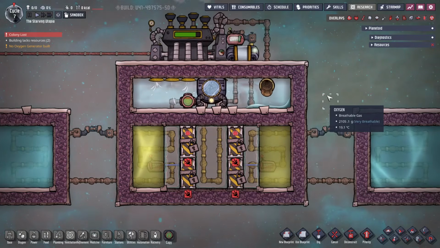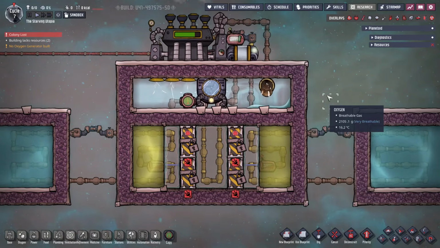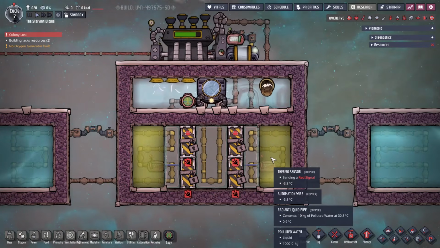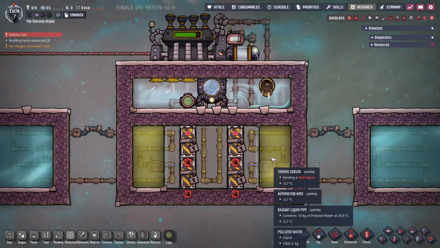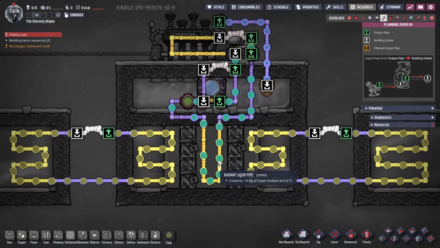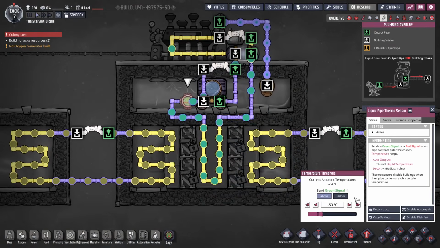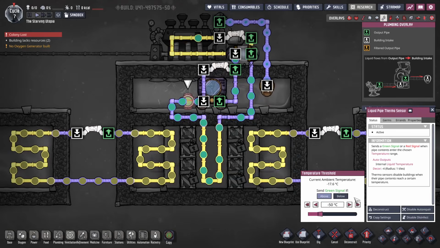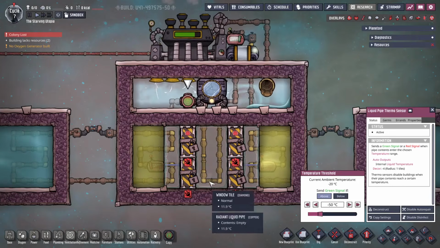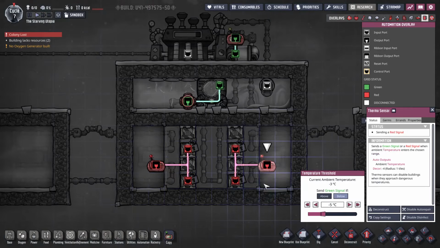The final topic for this tutorial is adding fine temperature control, and this is done with a cold injector. You can see this design here in full, which has two cooling loops, and I'll run through how this works too. The central point is to have a full cooling loop, as per the last design, which then overchills a block of diamond window tiles to a good buffer below your target temperature. Usually going below your target temperature by 40 to 50 degrees is desirable, but you may be limited by your coolant freezing point. Then, rather than using this loop directly to cool, mechanised airlocks can be automated to close and transfer the heat when they reach a chosen temperature.